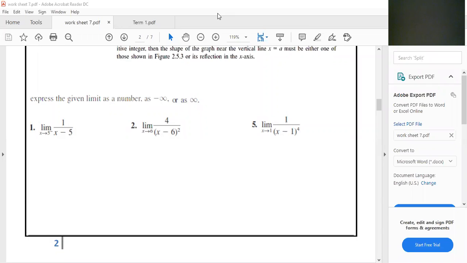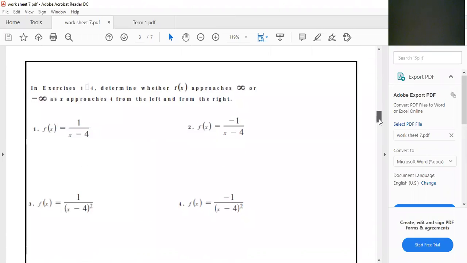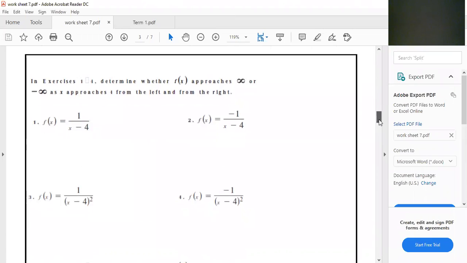Today, inshallah, we will complete the solution of worksheet 7. In the previous session, that is the last exercises which we solved. Today, inshallah, we will complete the answer of the sheet. As you see here, page 3, in exercises 1 to 4,